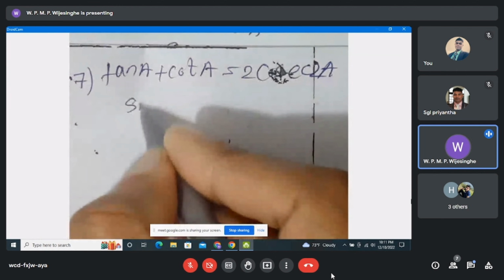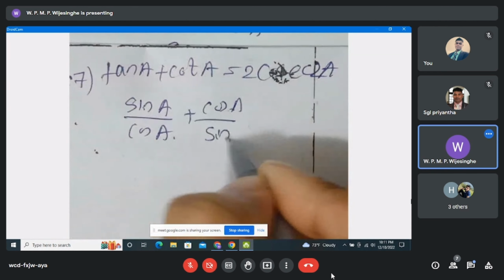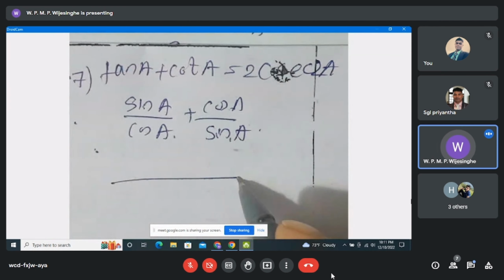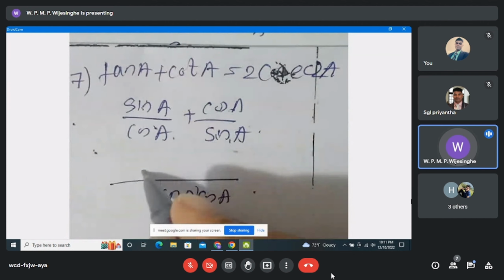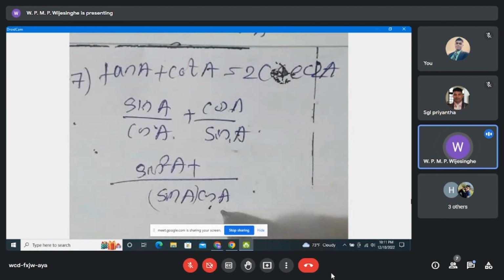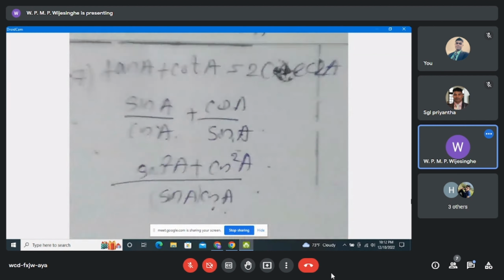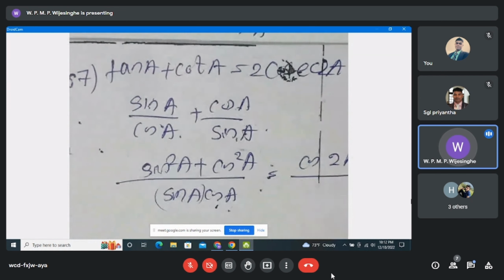tan A as sin A divided by cos A, and cot A as cos A divided by sin A. Then take common denominator sin A cos A. Here this one divided by this one, sin A remains. Sin A multiplied by sin A is sin square A, plus, sin A cos A divided by sin A, cos A remains, cos A multiplied by cos A, cos square A. Here you can see that sin square A plus cos square A, it is cos 2A, right? Okay, then cos 2A it is, and here